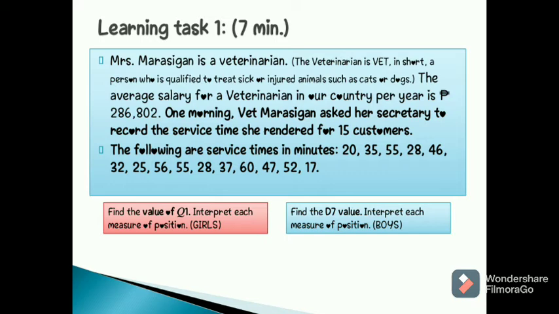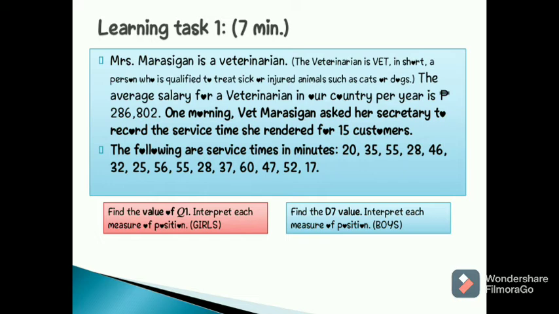The average salary for a veterinarian in our country per year is 286,802. One morning, Vet Marasigan asked her secretary to record the service time she rendered for 15 customers. The following are services in minutes: 20, 35, 55, 28, 46, 32, 25, 56, 55, 28, 37, 60, 47, 52,